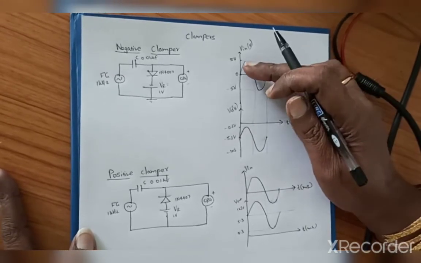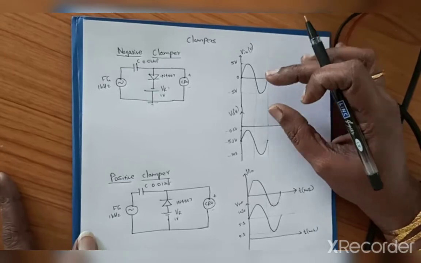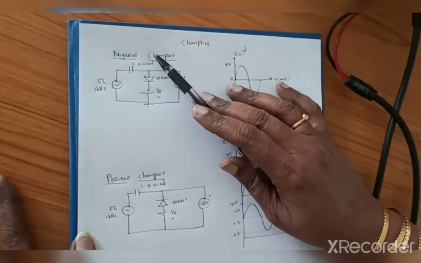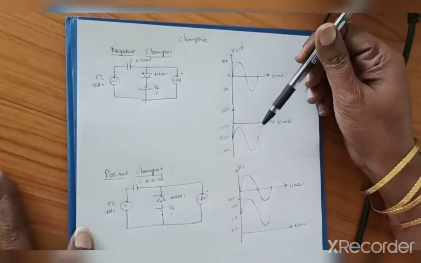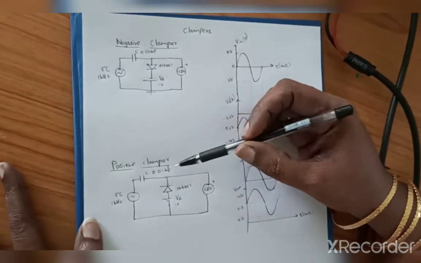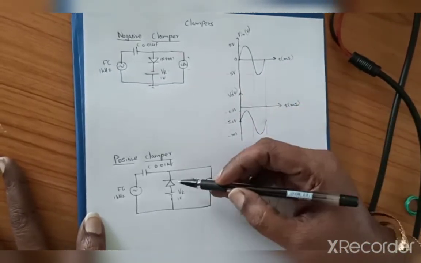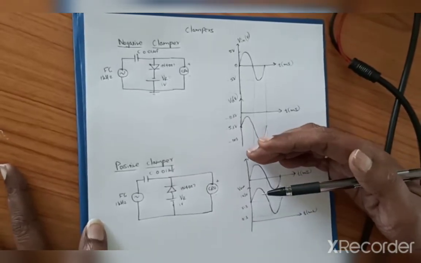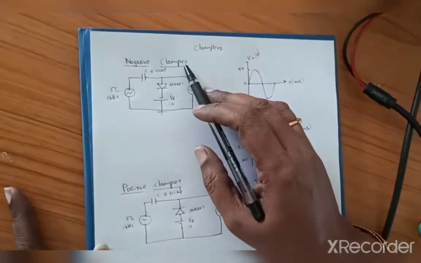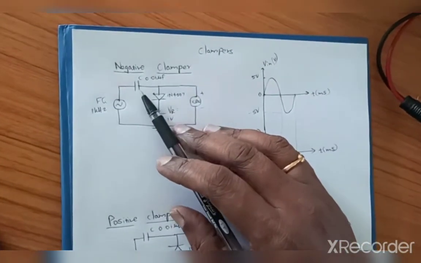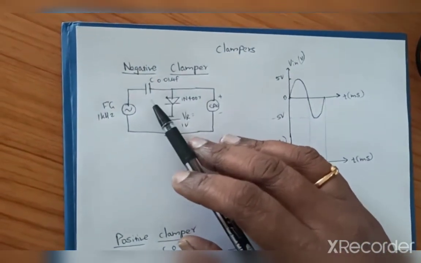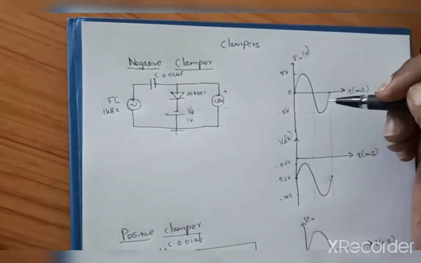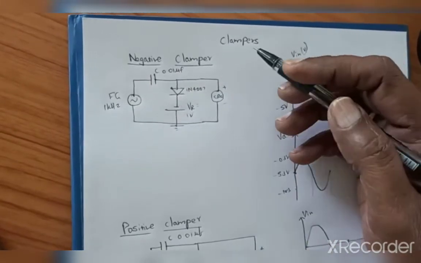So here I am going to clamp this sinusoidal waveform to a new DC level, which is called a clamper. If I construct a negative clamper, my waveform will go downwards. If it is positive, my waveform will be shifted upwards. By the direction of the diode itself we can say in which direction the waveform is going to be clamped. We are going to have a function generator, a capacitor used for clamping purposes, and a diode for rectification, here to clamp to a new level, and you are going to have a V reference there.